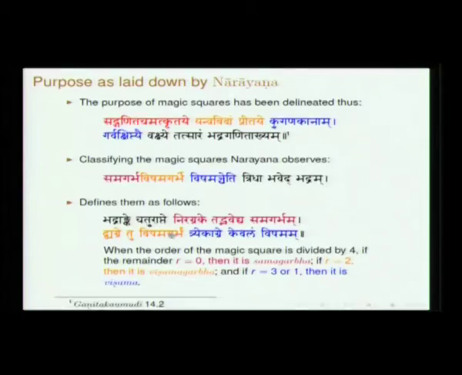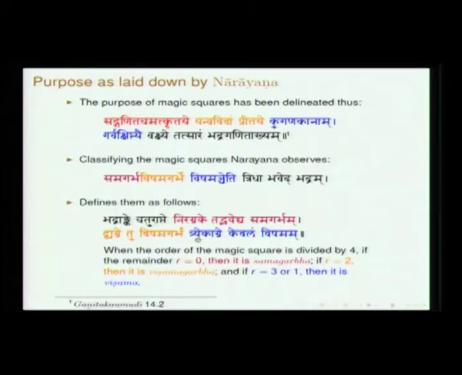So he says Bhadranke Chaturapte Niragrake Tadbhavecha Samagarbham. So this is the definition of Samagarbha. Chaturapta means when it is divided by 4. So when it is divisible by 4, you call it Samagarbha. Divyagre. By this time most of you should be familiar with the word Agra. Agra is remainder. Divyagre, if 2 happens to be the remainder when you divide by 4, then it is called Vishamagarbha. If 3 or 1, Tryekagre kevalam Vishamam, you call it Vishama. Fine.